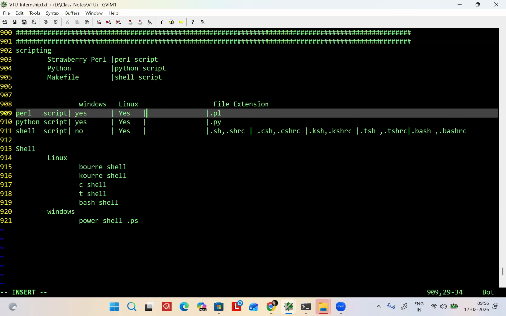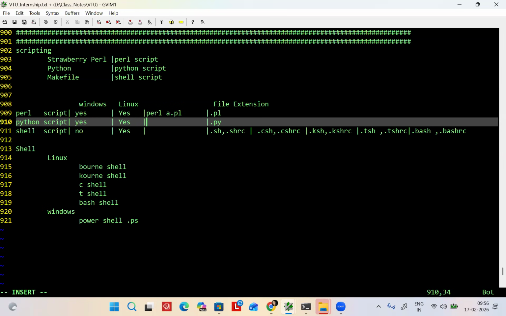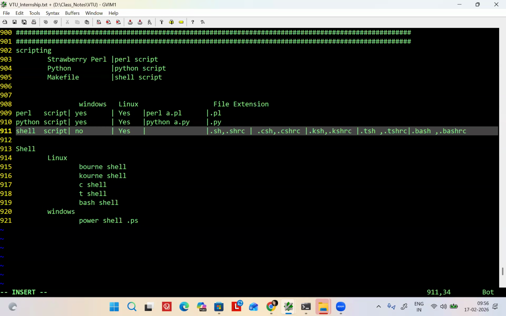Now, how will you run this Perl script? If you want to run it, you write perl a.pl, correct? Now the Perl script will run. For Python, how will it run? python a.py. Now the Python script will run. For shell,